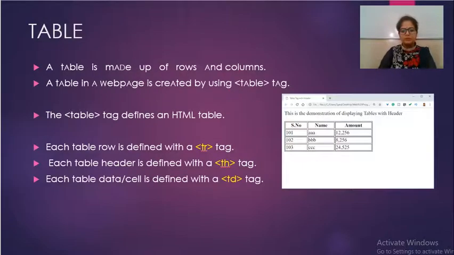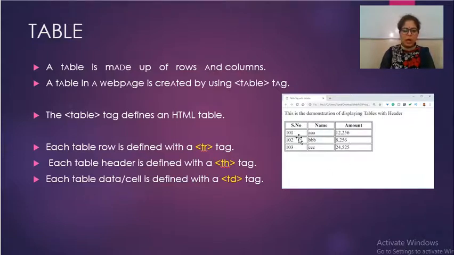So look at this first slide. The tr tag is used when we have to create rows. The th tag is used when we have to create headers or headings. The td tag is used when we have to enter data in a cell. Look at this example. This is a table with a total of 4 rows and 3 columns.